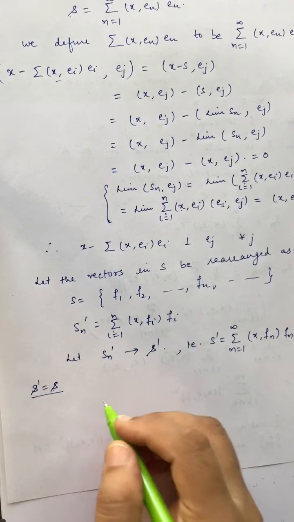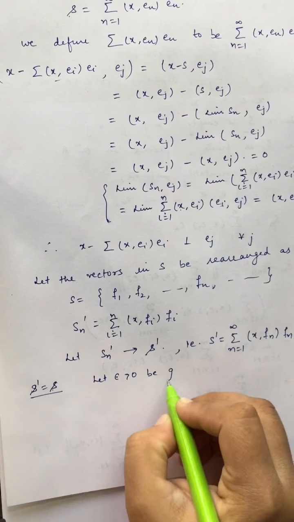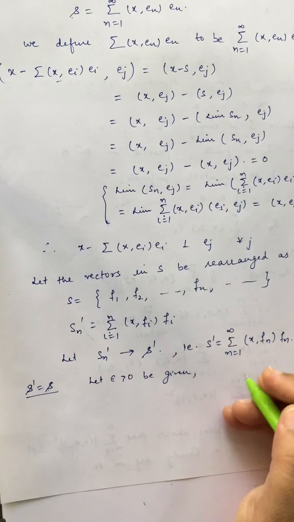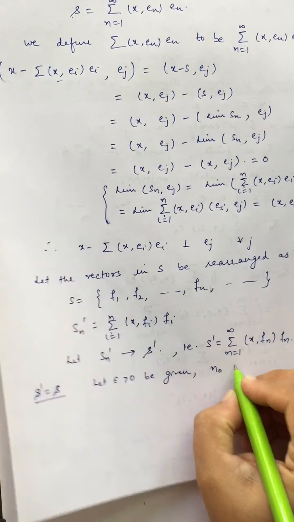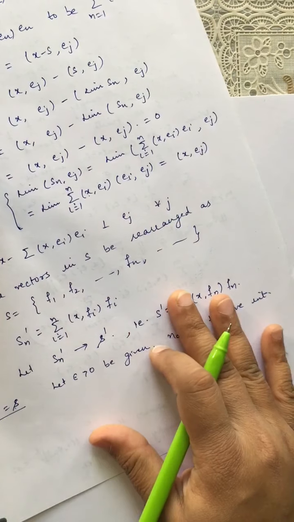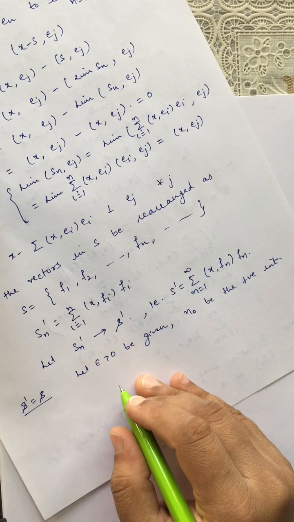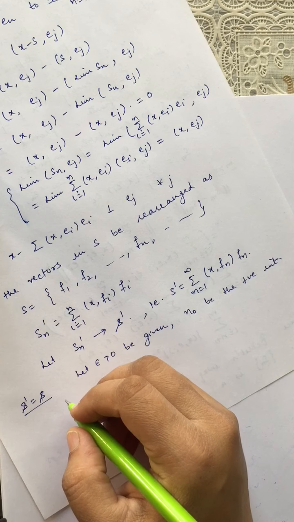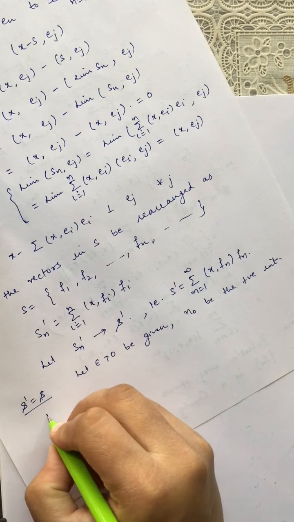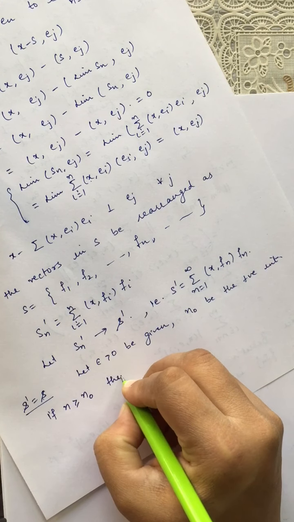So we have to prove S dash is equal to S. Let us give an epsilon, and let us take n naught to be the positive integer such that if n is greater than or equal to n naught, then